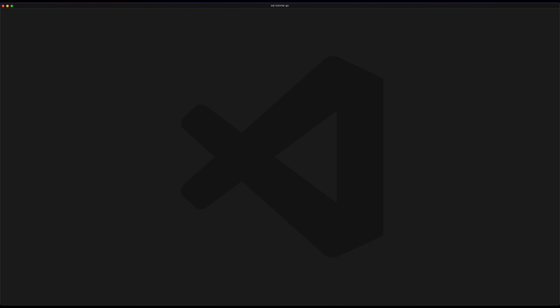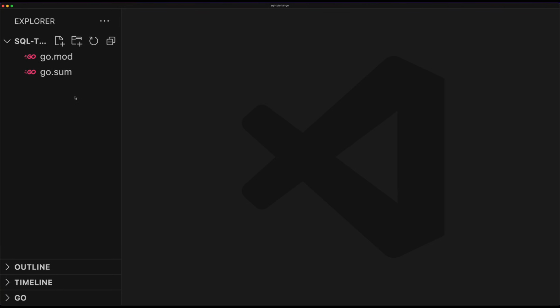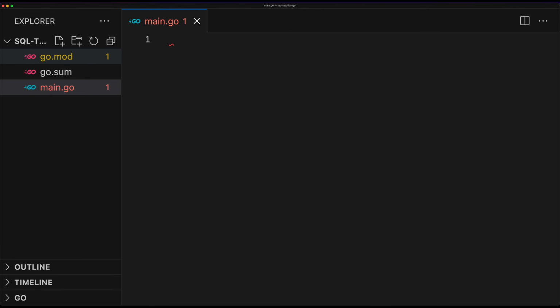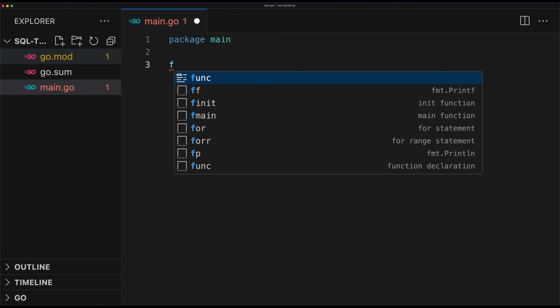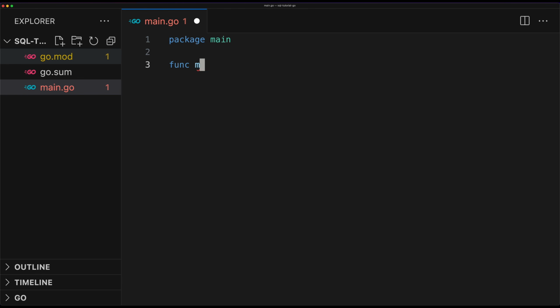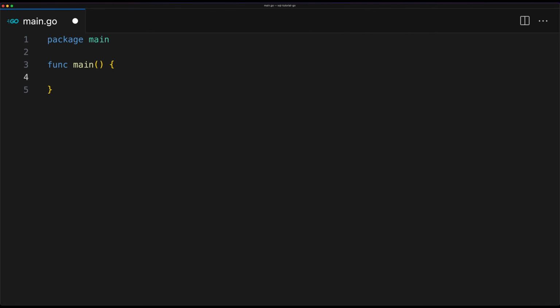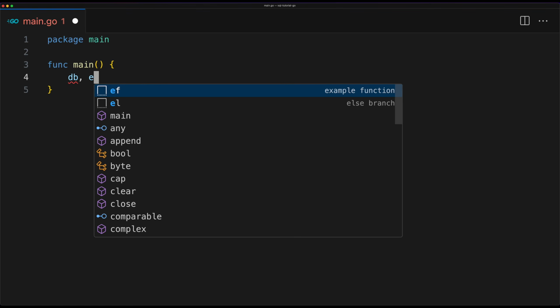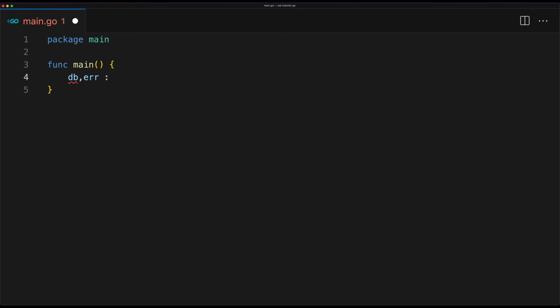So the next step is to connect to the database, and to do that we can start by creating a new file. We will call it main.go and then we set the package to be main. We create the main function, so func main. Then we can create two new variables. The first one we will call db and the second one we will call error,